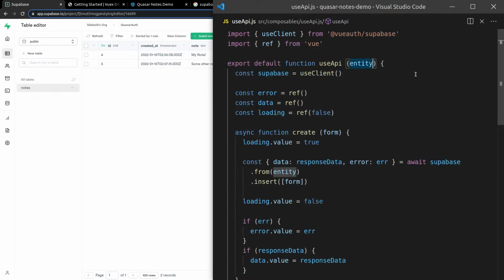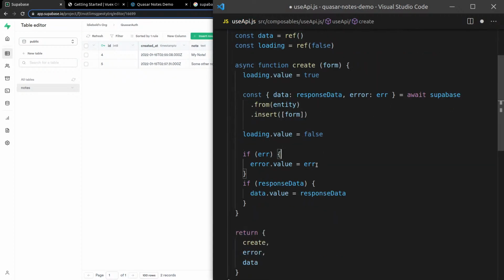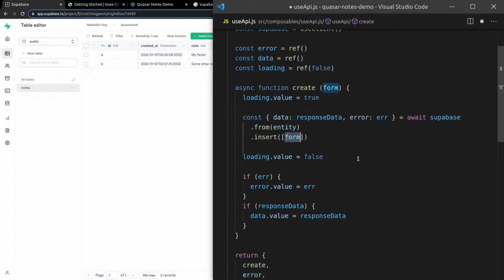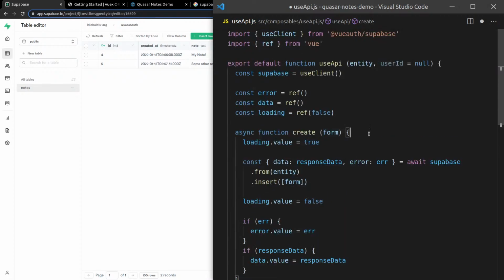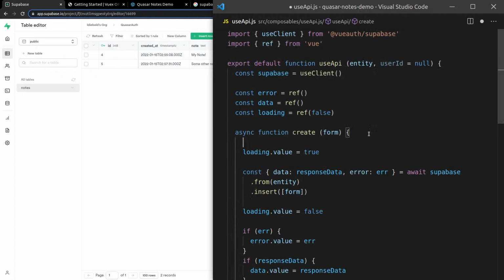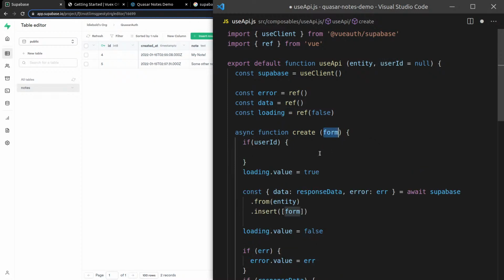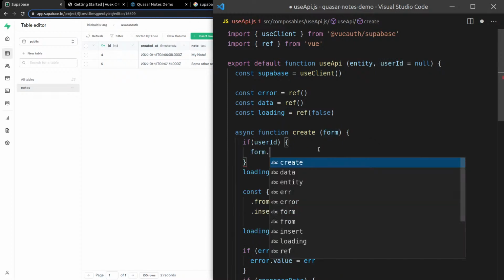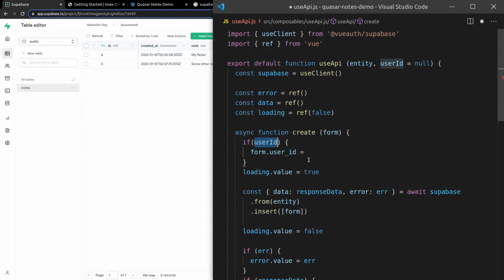What if we make it an optional parameter here? Yeah, let's do that. Let's say user ID is equal to null by default, and then basically say, hey, if I have a user ID, I want to send it through with the form. So then we can say here, if we have a user ID, before we do anything, I want you to say form.user_id is equal to that user ID. So this is then going to be a really easy way